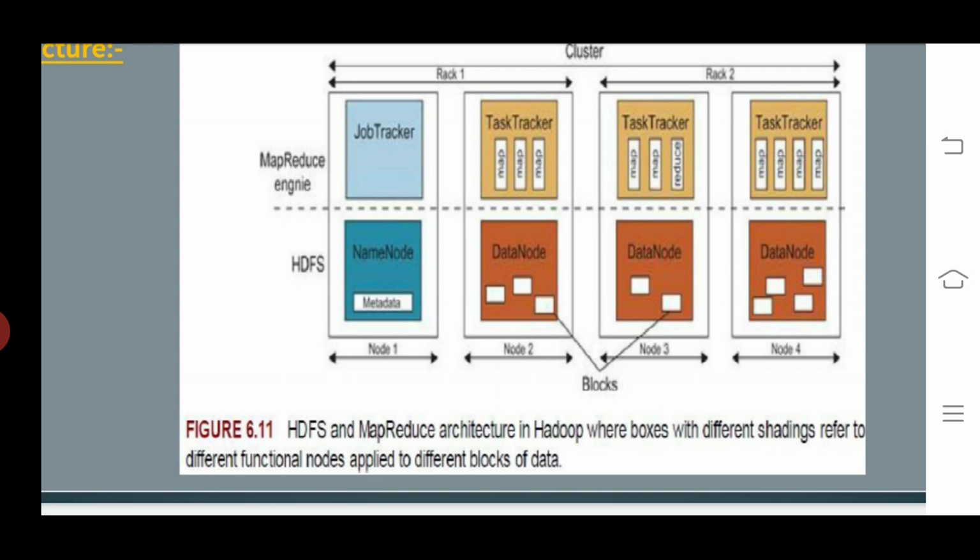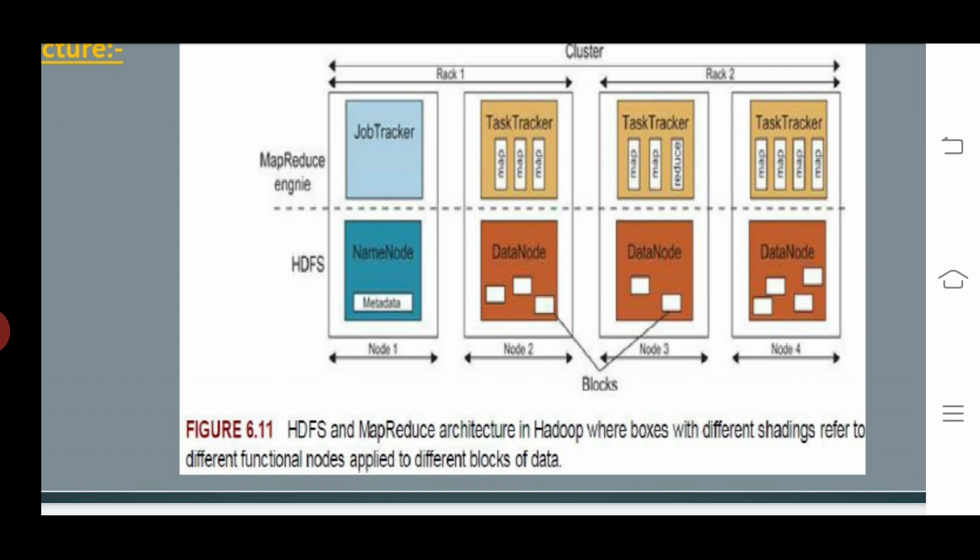Tasks on a compute node in the cluster. What is the purpose of the job tracker? It accepts job submissions, provides job monitoring and control, and manages the distribution of tasks to the task tracker nodes. And what is the purpose of the task tracker? It manages the execution of individual map and reduce tasks on a compute node in the cluster. That is the task tracker.